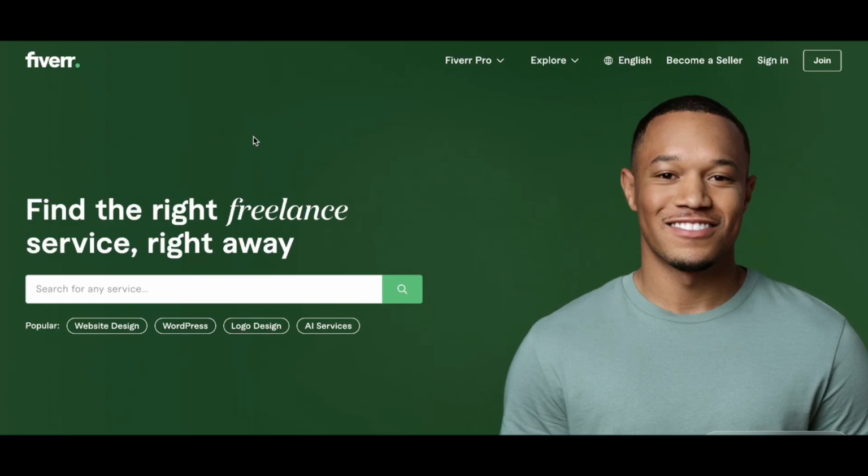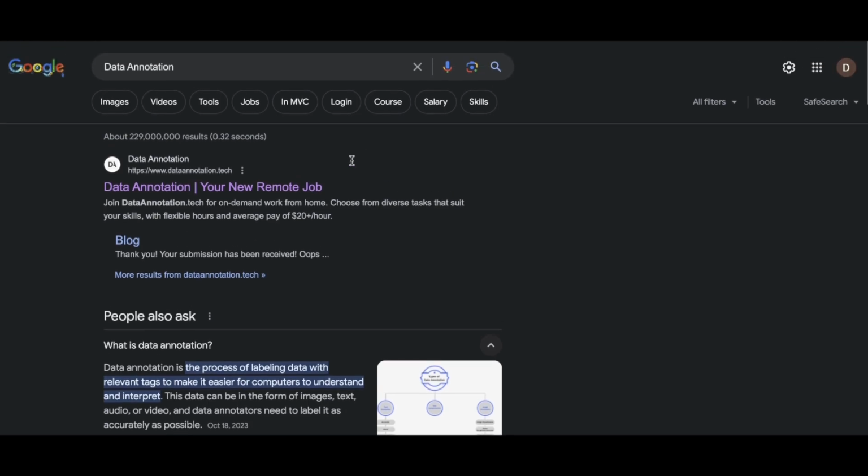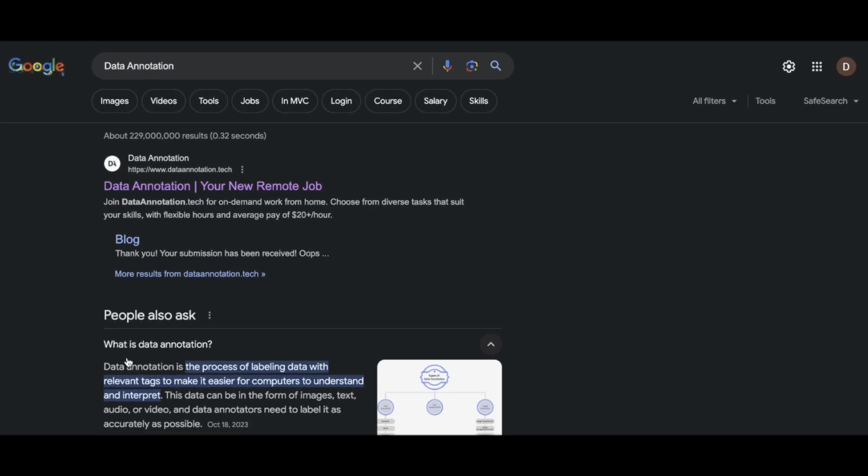Hi everyone, in today's video I'm going to show you how to make money with data annotation jobs. Now before we start we need to make sure that we understand what data annotation is. So basically data annotation is the process of labeling data with relevant tags to make it easier for computers to